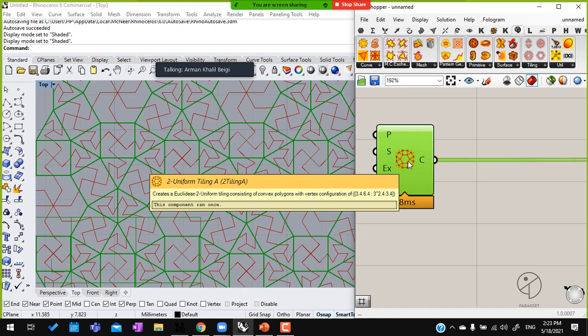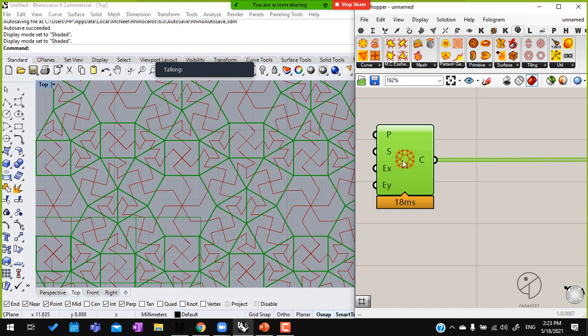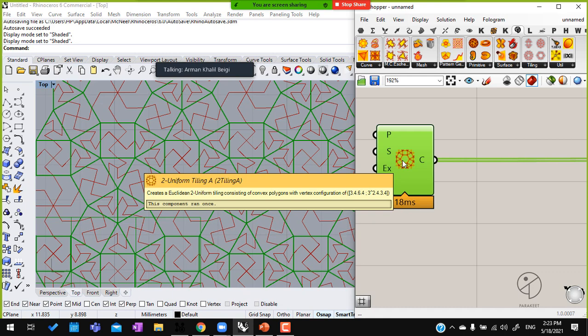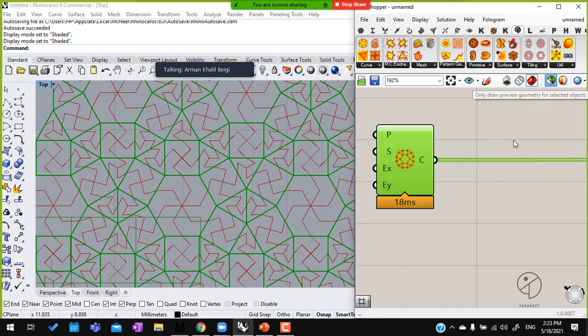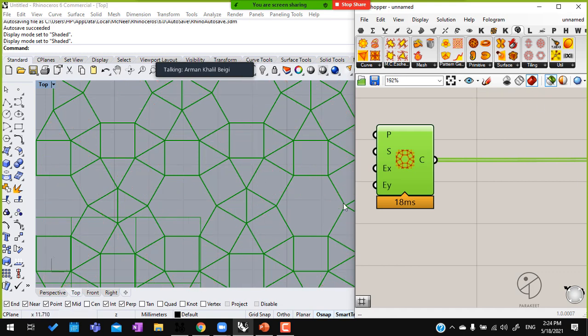So, for example, this is a 3, 4, 6, 4 tiling. They may have other names, but I don't want to go into too much technical data. This is basically a combination of